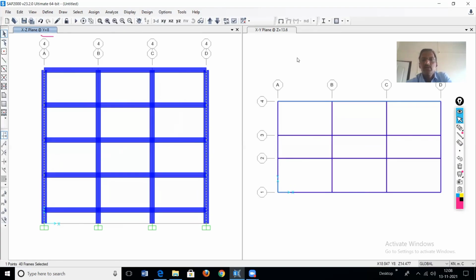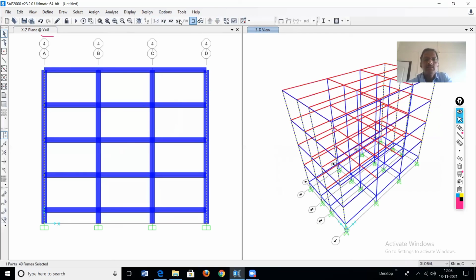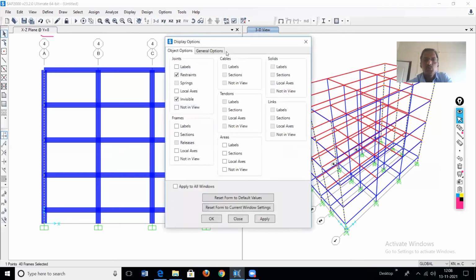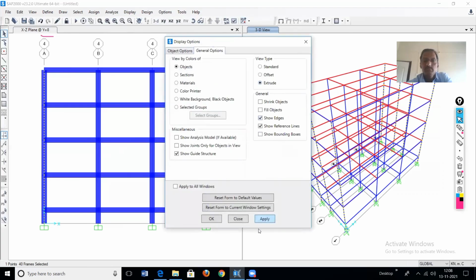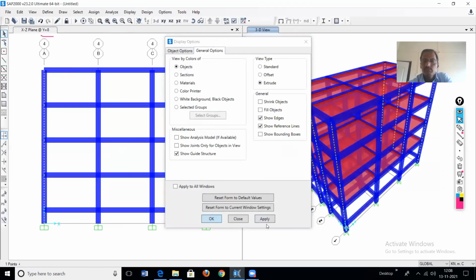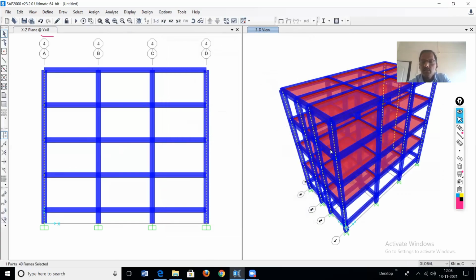Here in the 3D view, keep this view as a 3D view, and make it an extrude view for this also. See, all the exterior columns have been selected. Now apply the command to rotate, to turn it.